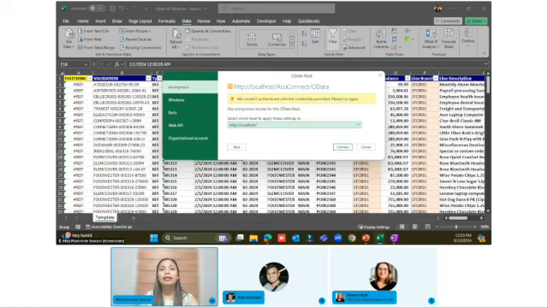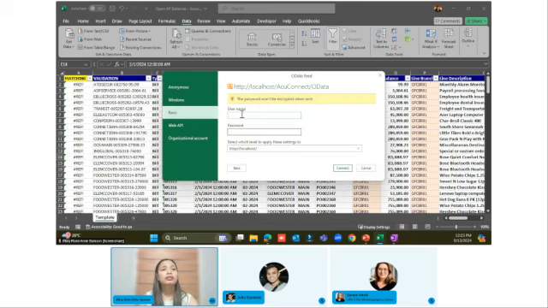So I'm going to connect to OData using basic authentication. Just click Basic, and then input your Acumatica username and password. And then select the URL that you want to connect with, and then click Connect.